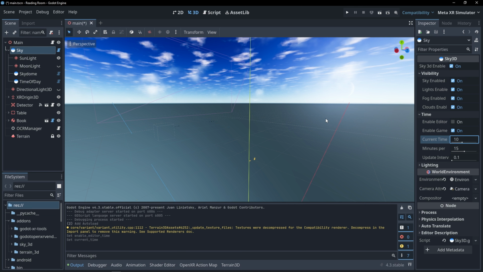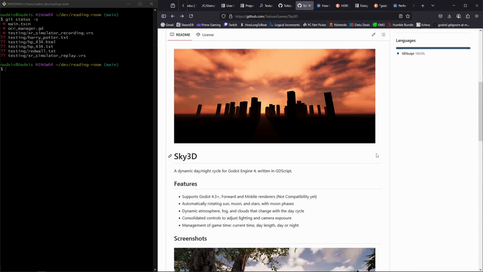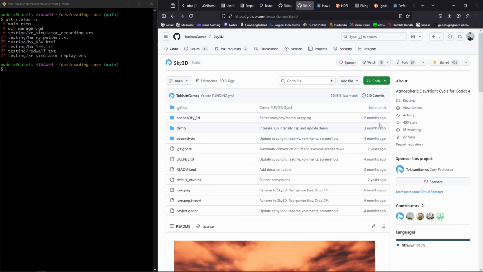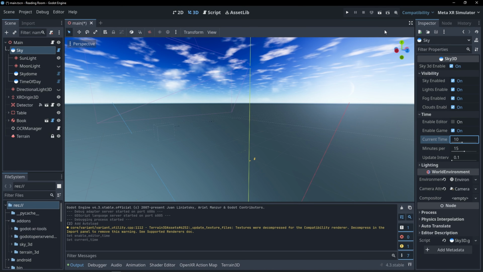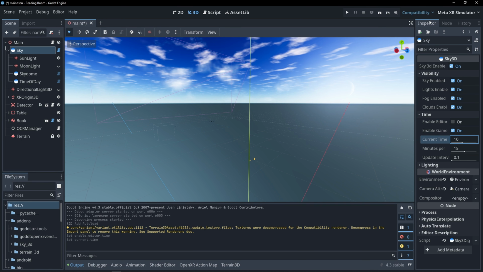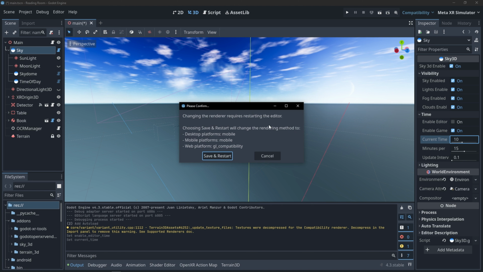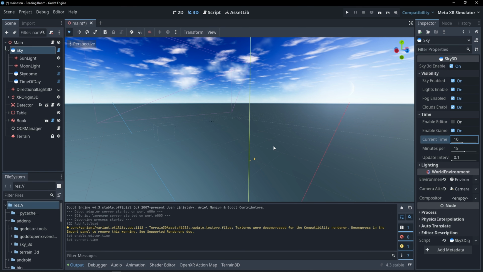Look, the ground's gone. What happened? So the issue is that the Sky 3D add-on does not work well with the compatibility renderer. So we can't use compatibility, which made me realize it's about time, with this basic functionality working here, to start getting this to a place where I'm generating APK files that I can install on a